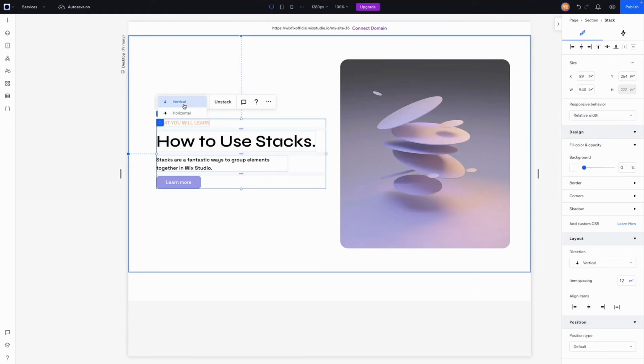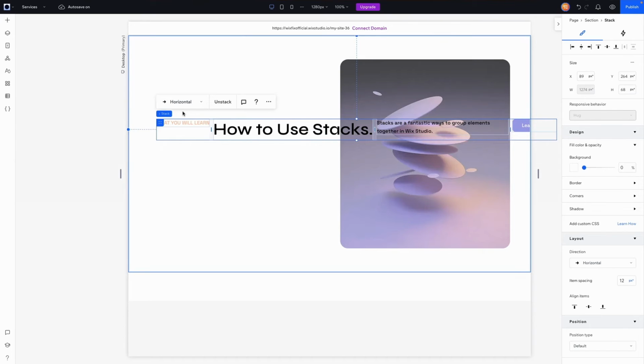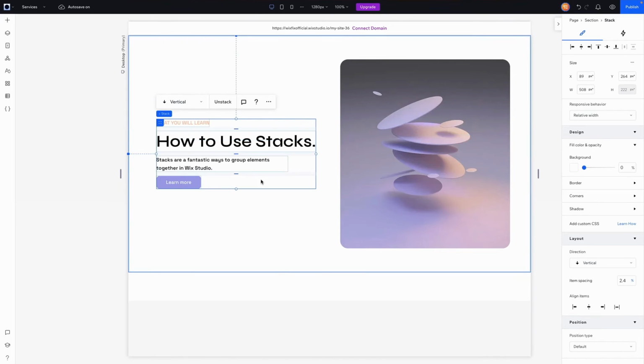However, if we click on this little drop down, we can see that we can set this to horizontal stack. Now, obviously, this is not a case where you'd probably want to use a vertical stack. So I'm going to go ahead and switch this back to horizontal. Where we could potentially use a horizontal stack, even though I will tell you why I don't recommend doing this,